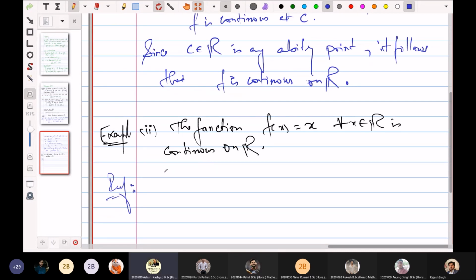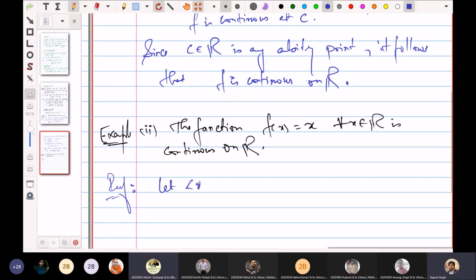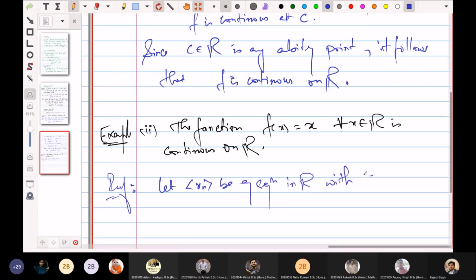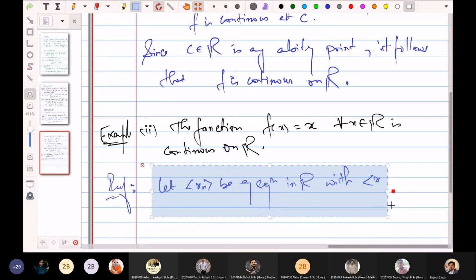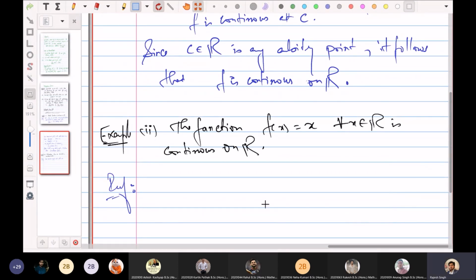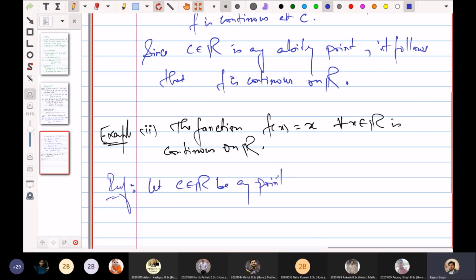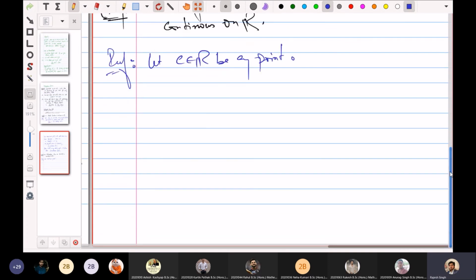We will take a sequence here also. Actually, first we have to take some arbitrary point, right? So let c belong to R be any point. So we picked any arbitrary point. Now we will show the claim: